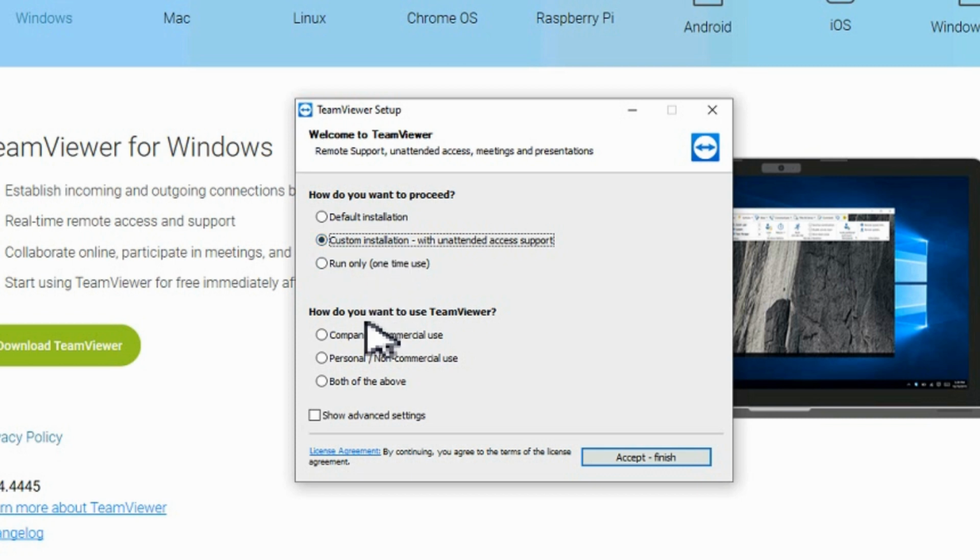Then you need to choose what type of license you're using. So again, commercial use, they're going to want you to purchase the license after the trial. Personal use is free, and if it's a little bit of both, you can choose that and then see what they can do for you as far as licensing goes when the time comes. For now, we're going to say just personal use just to get through this. Otherwise, if you go to set up commercial use, they're going to want to gather some information from you just so that they can get you properly licensed after. But for the purpose of this video, I'm not going to go through entering the information because that's just standard stuff you would go through afterwards. And we're going to continue with this.